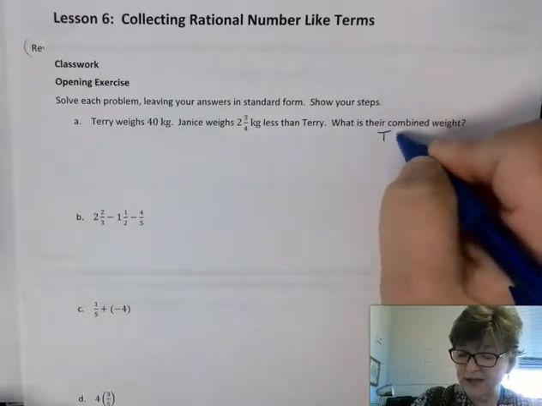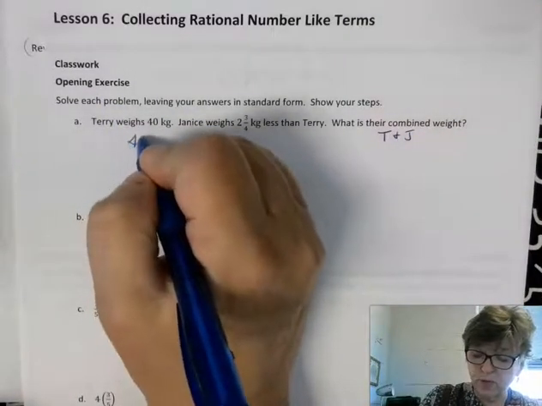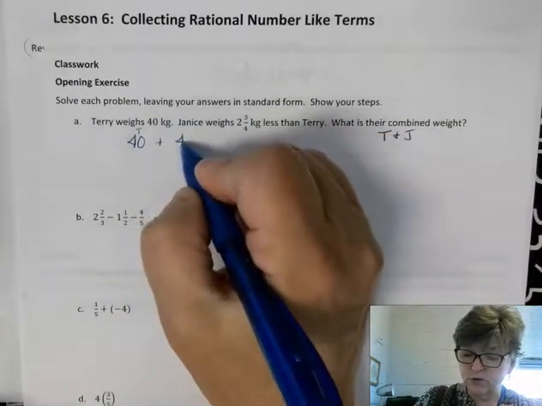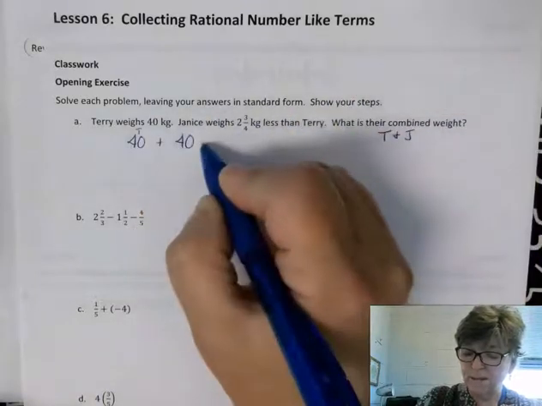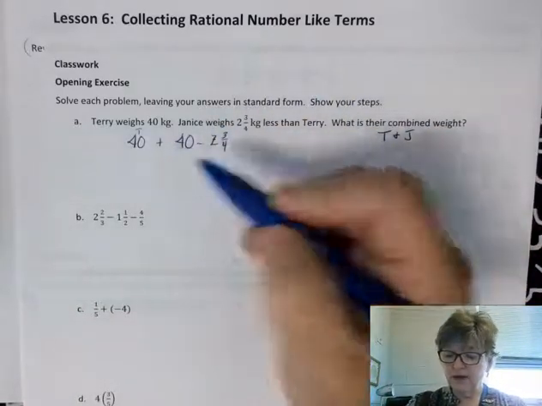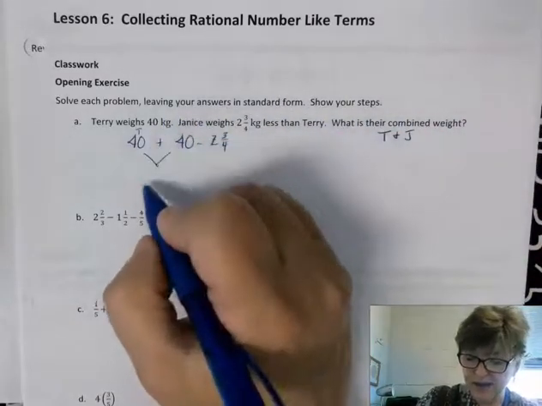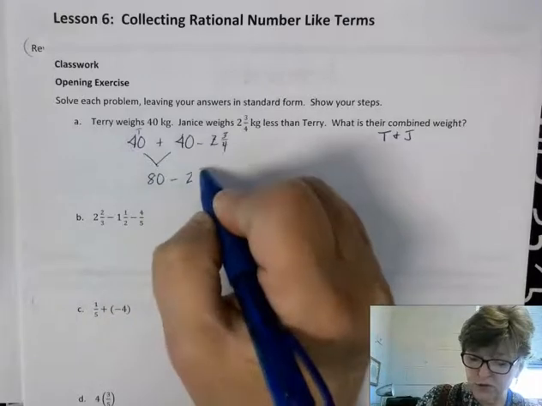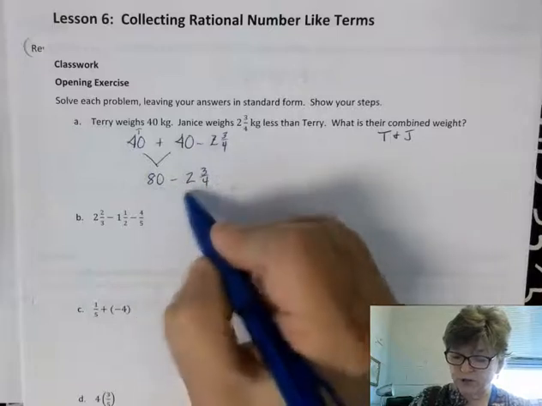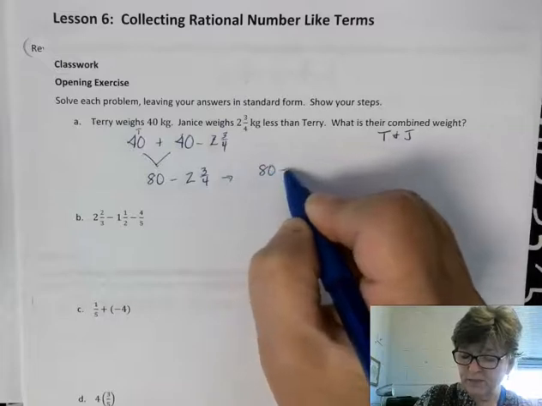So I need to add Terry and Janice to find the combined weight. Terry is equal to 40 kilograms, and Janice is equal to 40 kilograms minus 2 3/4. Now I'm going to choose to combine the two 40s first, and I have 80 minus 2 3/4. At this point, I'm going to choose to decompose the 2 3/4, and I'm going to make it 80 minus